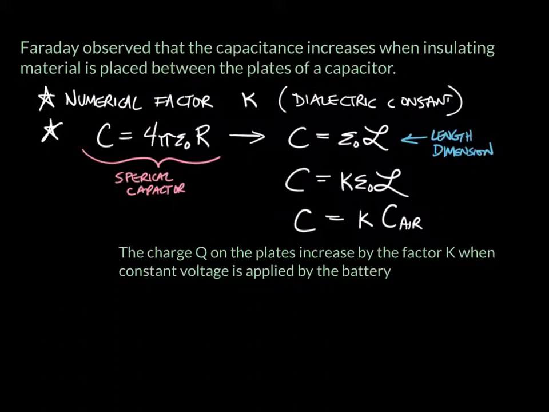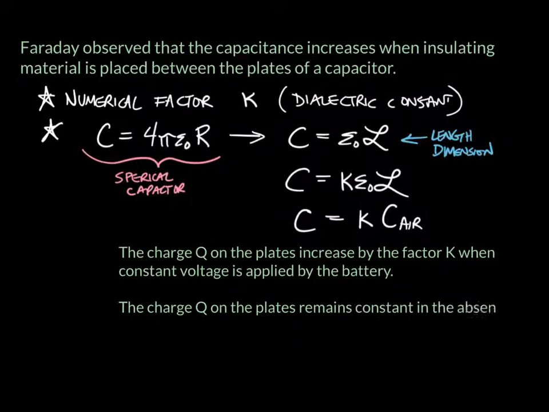So what I'm typing up here is really Faraday's observations, okay? And then this next one is about when there is no battery provided and you're just getting charge on the plates by some other means. The charge Q on the plates remains constant in the absence of a battery,